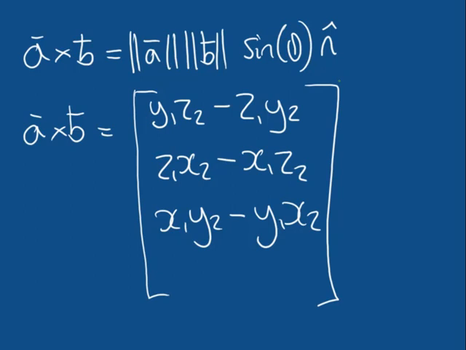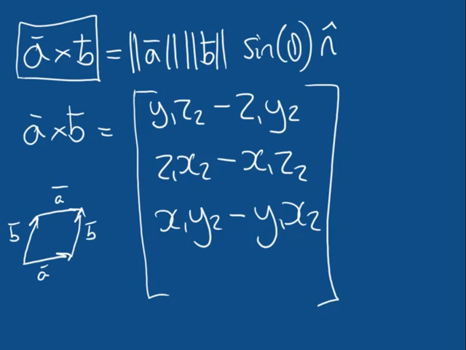We've seen how the magnitude of the resultant vector is equal to the parallelogram defined by A and B. So if we had A and B, the area of that parallelogram is equal to the length of our cross product vector. So we've seen how the magnitude of that vector is equal to the area of the parallelogram defined by A and B. And we've also seen a selection of problems that can be solved using the cross product,